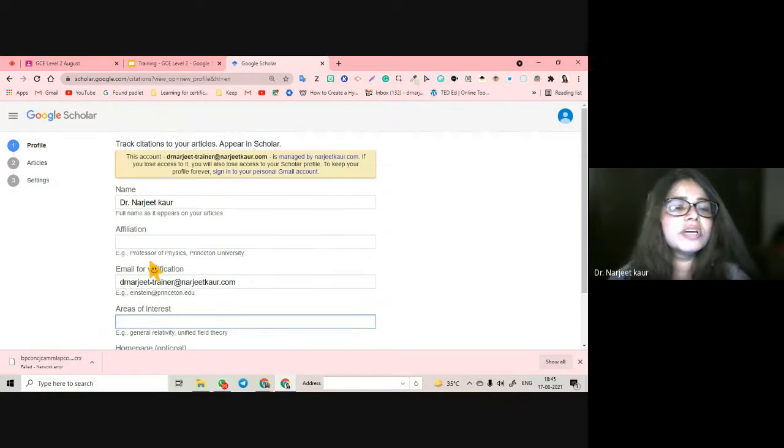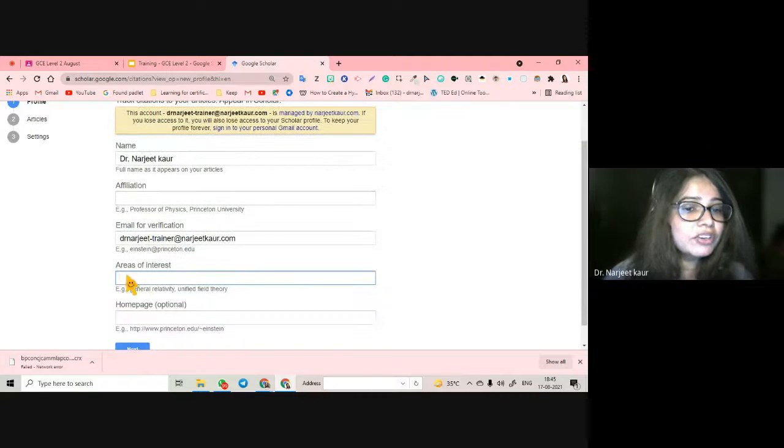The moment you customize your profile, it will show you the articles, citations, papers according to your interests. They are writing areas of interest.